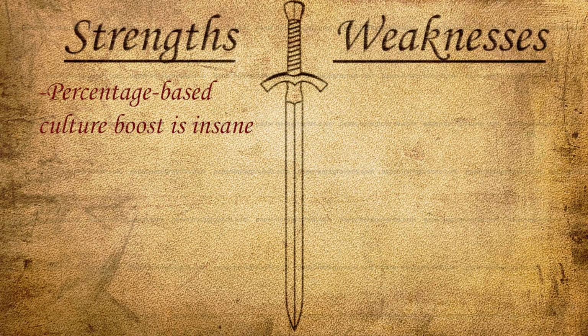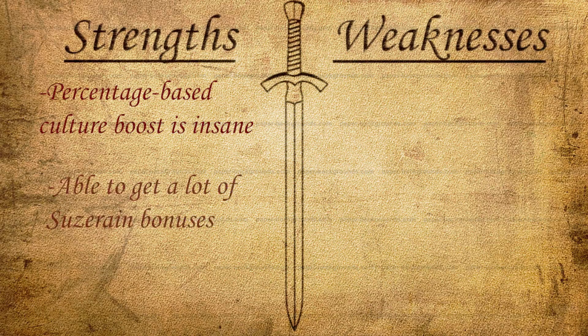So having that percentage-based culture boost is a huge strength of Pericles, and one of the best things about him. The other strength about Pericles is that he's able to get a lot of suzerain bonuses, so he's incentivized to play towards city-states very much, and he gets those extra envoys from his Acropolises that let you become the suzerain of a lot of city-states, and then you'll also be getting all of their suzerain bonuses